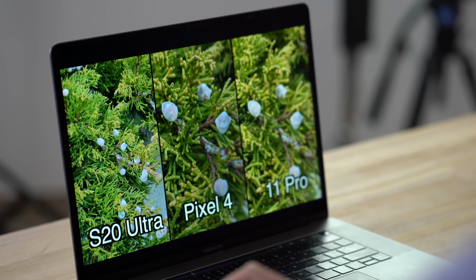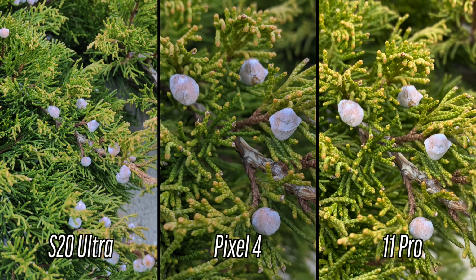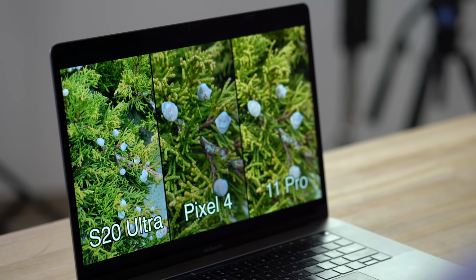The one on the right is the iPhone 11 Pro. Okay. So this is interesting. You guys see that the S20 Ultra can't focus that closely. That's the closest I could get. Because the lens is using that mirror design, the sensor is sideways, you need to be a lot further for it to properly focus. Now, you could do more digital zoom in this image, but that is a limitation you